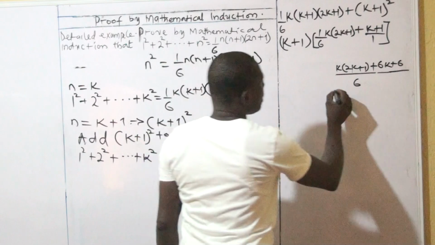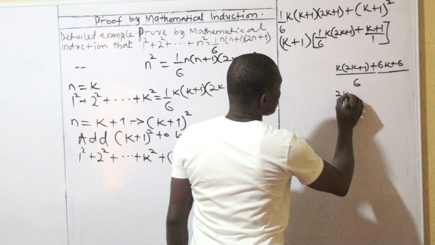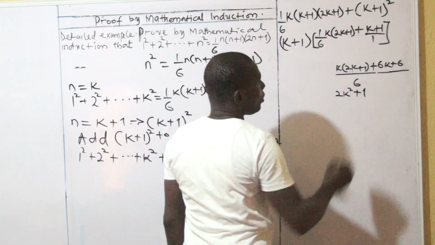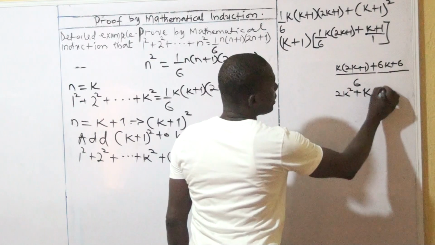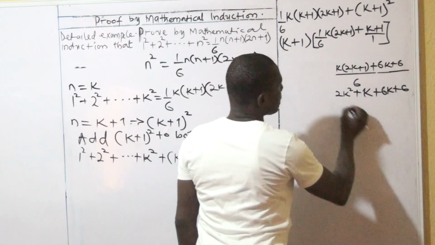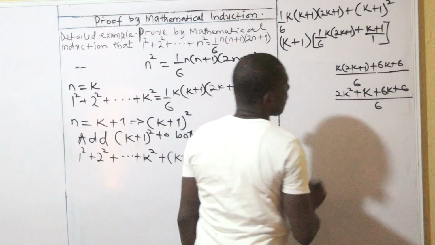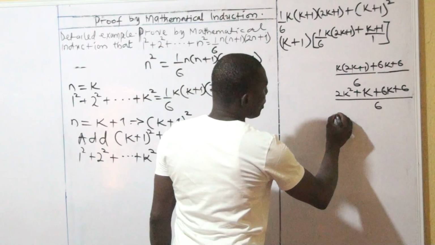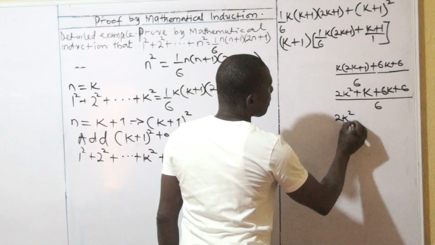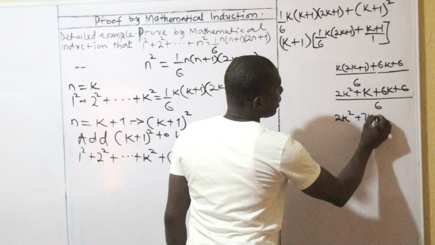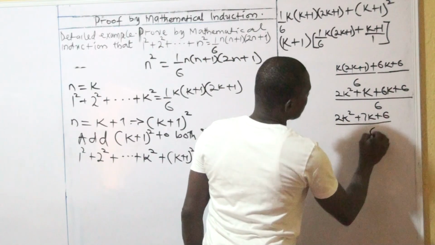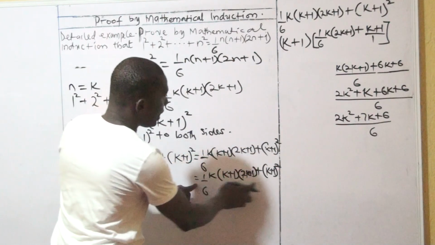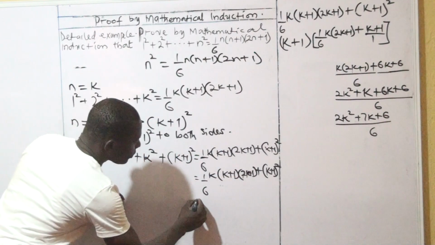So, and if we do that, this becomes 2k squared. K times 1, that will give us plus k, plus 6k plus 6, everything over 6. So if we simplify this further, we see that this becomes 2k squared plus 7k plus 6 over 6. So what we are saying here in effect is that this whole term here becomes